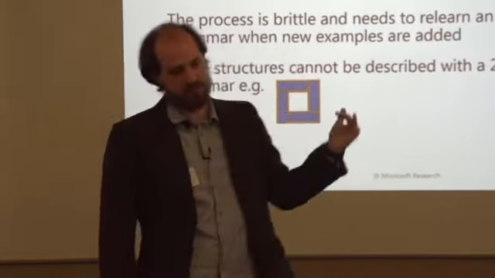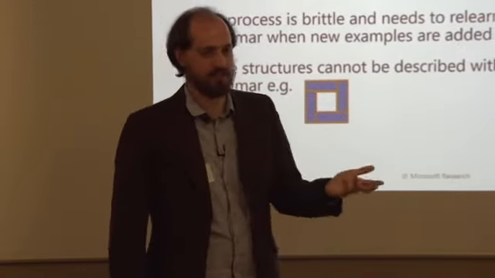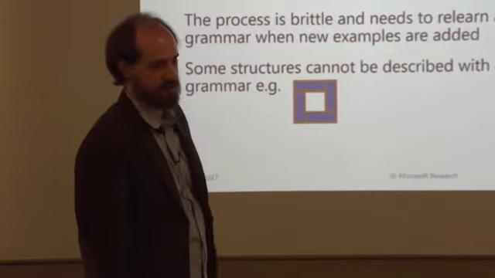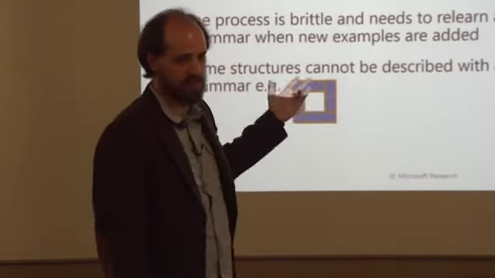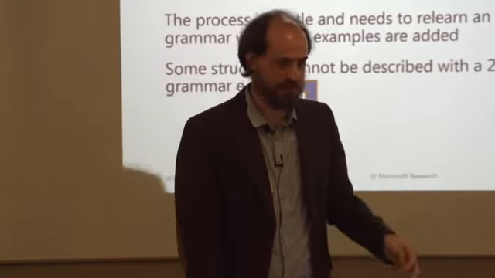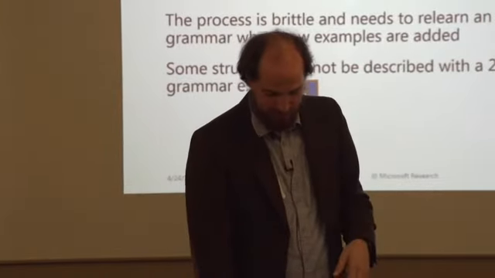Okay. And then there's also some structures that just can't be described using a 2D CFG, like this spiral, which can't be separated on a two-dimensional axis. So we have a couple of solutions like this in our data set, and our solution for it right now is to just simply treat them like they don't exist, which is not ideal.